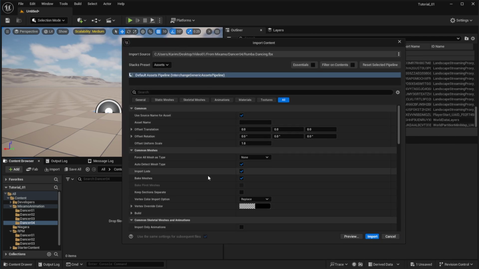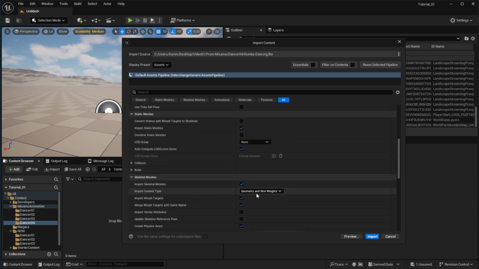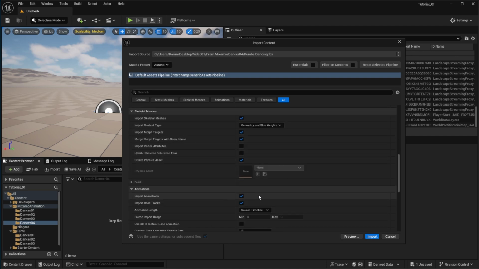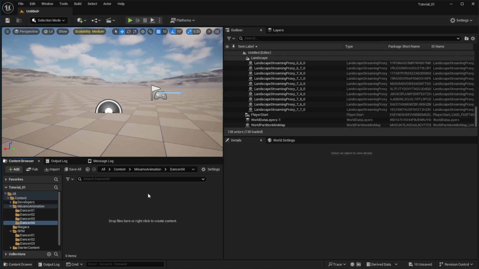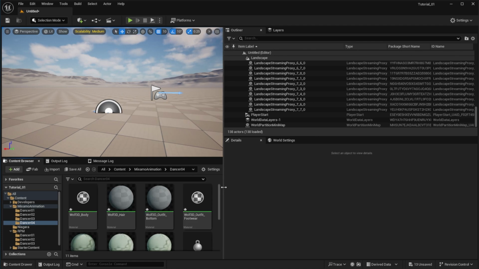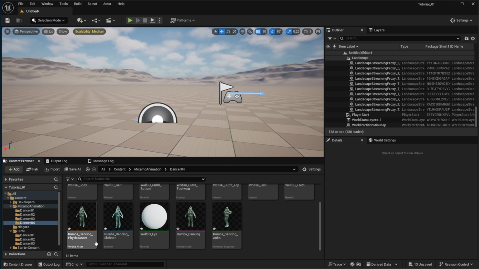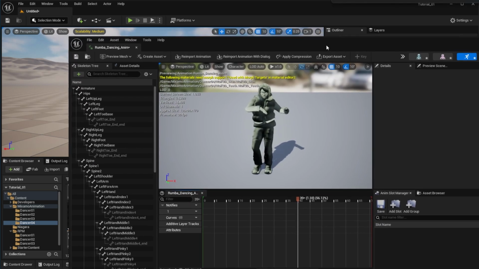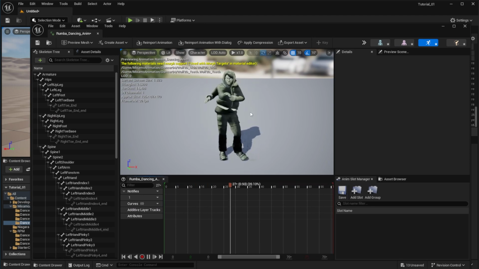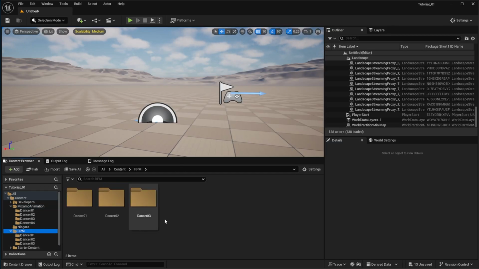We've got a couple things to check here. Let's import static meshes, import skeletal mesh, import animations, and the materials and the textures, even though the materials and the textures will not be working properly. Right. So we can see here our skeleton, our physics asset, our skeletal mesh, and the animation sequence. So if I open up the animation sequence, we can see the animation is great, but the character looks all messed up. So what we're going to do now is in your RPM folder, let's create